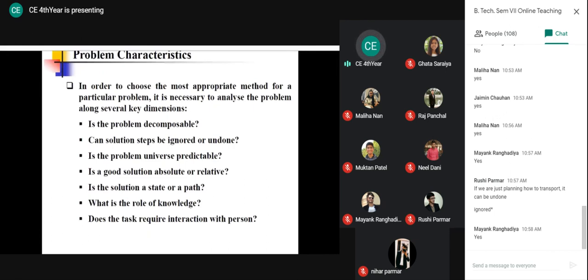See, ignore means I'm trying to solve it, but suppose I fail, so I just ignore that and buy the new one. My effort is wasted. And in the case of undo, it means you backtrack. Here again, I am solving the problem, but at that time I realize, okay, this is my mistake. So what I do is backtrack to the previous step and then proceed further. So that is the case in undo. Clear to see?